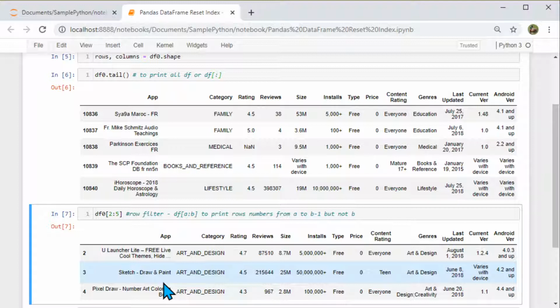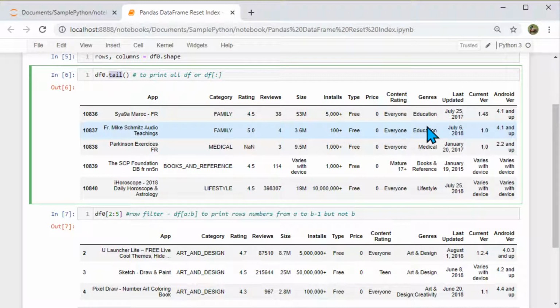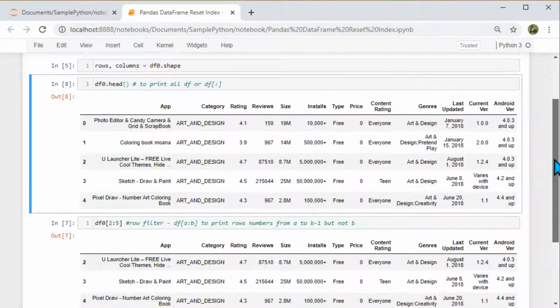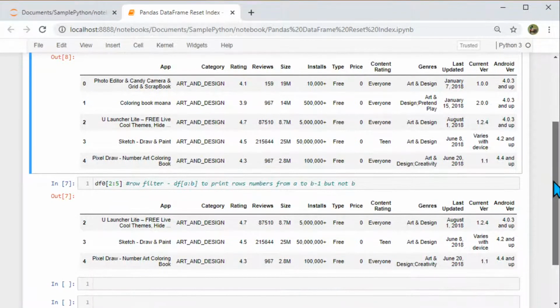But now, to explain it better, instead of tail, let me write head, and when I execute this, I can see my index is 0 to 4, and here when I say 2 to 5, it selects row number 2 till 4 but not including 5. So basically it's going by index. When we have an index of 4, it's actually row number 5.